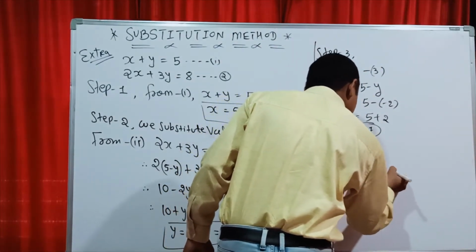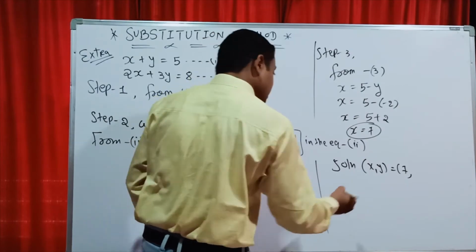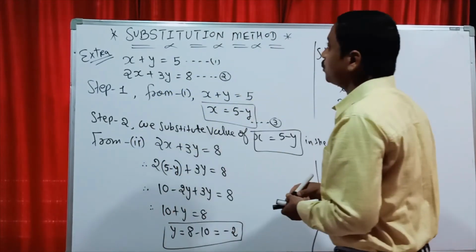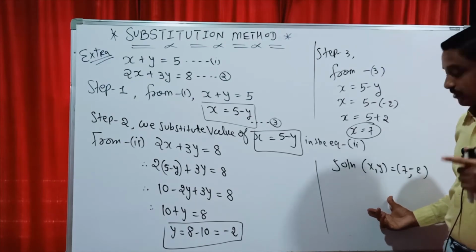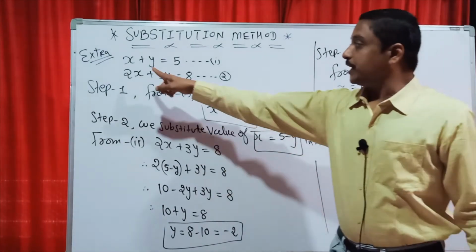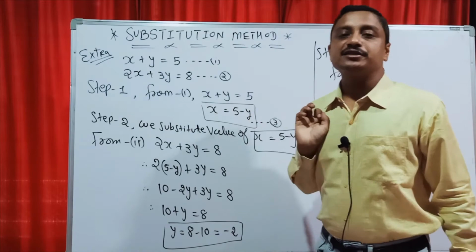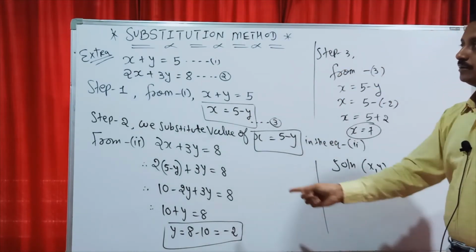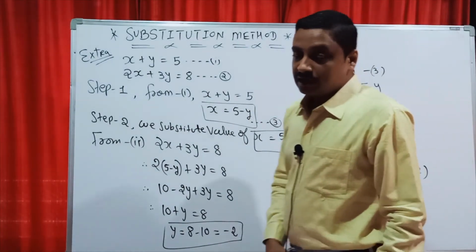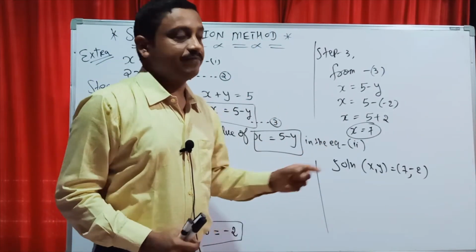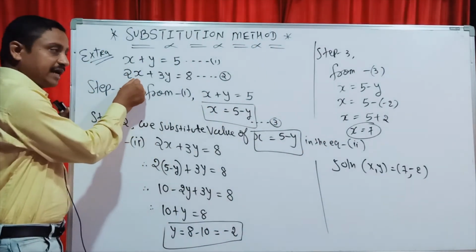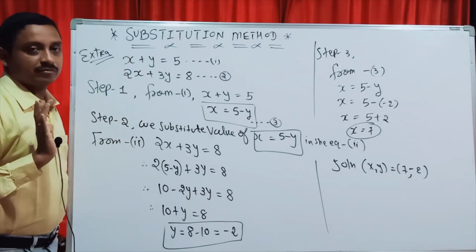Solution x, y ready. It is 7 comma, how much? Minus 2. These two answers our this equations. You also verify 7 and minus 2 here apply. Sure you getting 5 answers and here ending. These are numericals. Now students, this same exercise numericals I explain by starting from second and ending in first.